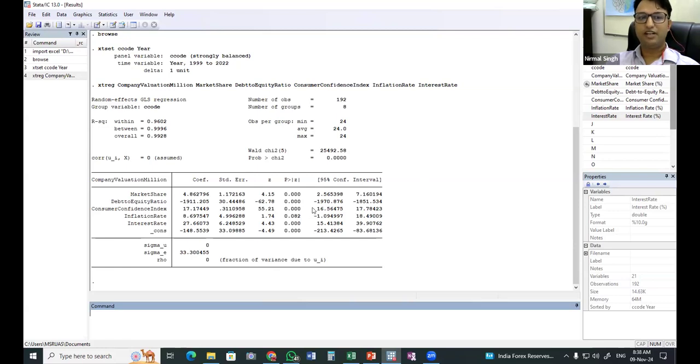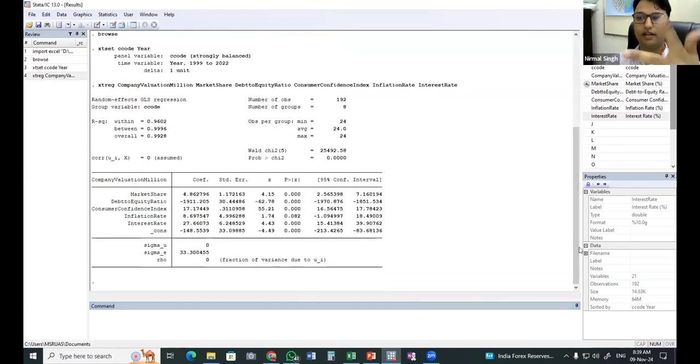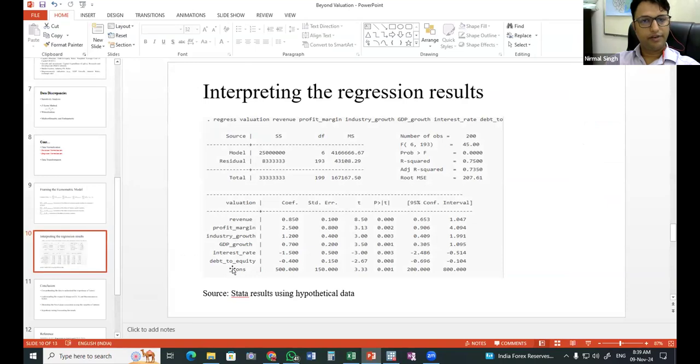But if it is the case that debt to equity up to a certain level is impacting positively, or after that it is changing to negatively impacting the valuation, in that case, there are other models known as threshold models, which will give us different coefficients for different regimes. Say, for example, if the debt to equity ratio was up to this level, then it was impacting valuation in a certain way. So those kinds of models we can run using threshold models, and we can segregate the impact of different independent variables. So with this, the interpretation is over.